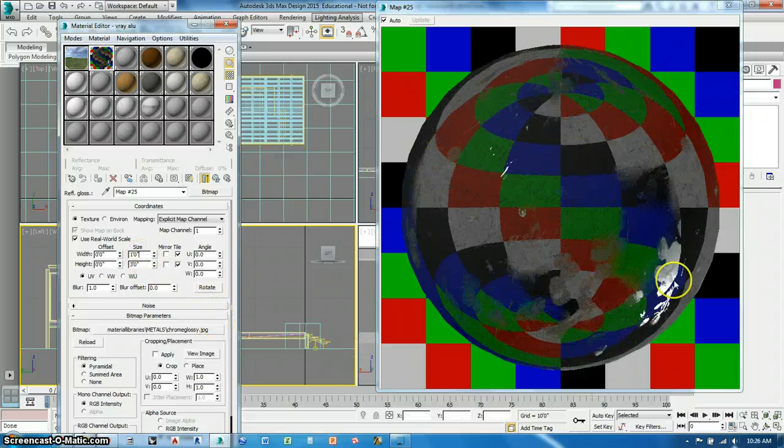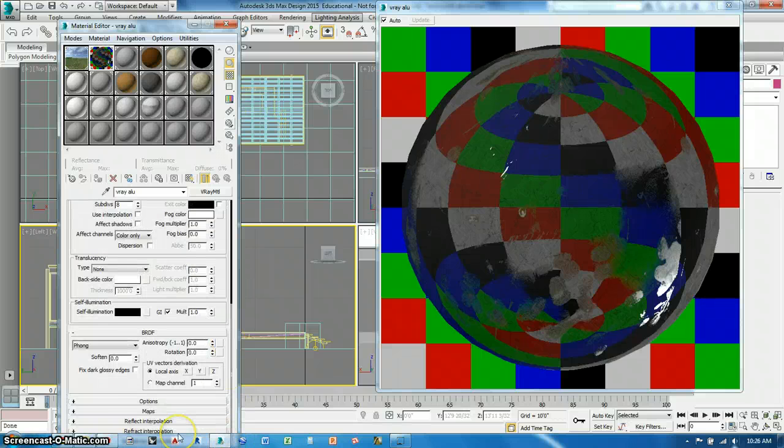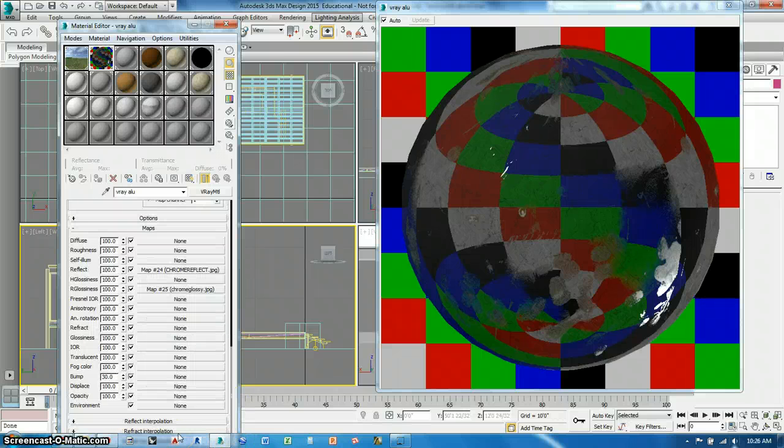So keep in mind, I'm making this like a 6-inch sample, so this is almost like looking at a 6-inch to 1 foot diameter sphere. So this might all be a little too extreme. What I can do is go down to the maps down here, and I can start to blend, and I can do that by turning down these numbers from 100%. So this is basically saying that right now the reflect glossiness is being manipulated by the map, that JPEG I just put in, by 100%. So I could take that down to 50,